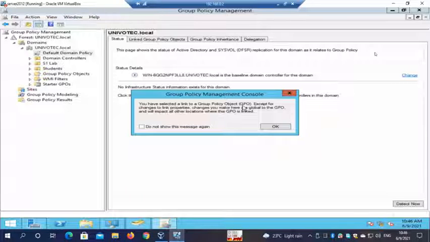So we will apply at the OU level in detail. For example, for students, we might have to put more permissions or restrictions. For staff, we don't need a lot of restrictions because they should be given more permission, right? To perform their tasks. For students, we might have to give a lot of restrictions, to make sure that they don't do anything mischievous, right?